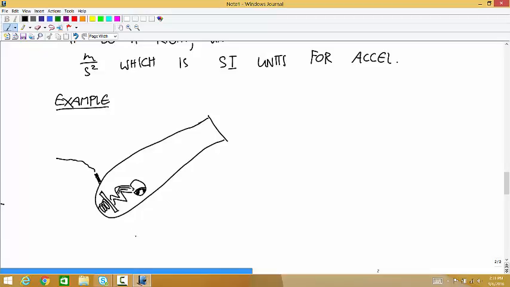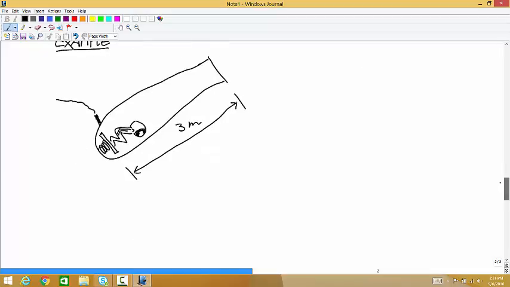So let's say that the length of this cannon is 3 meters long. And so this platform is gonna launch the human cannonball from here. It's gonna extend until it gets all the way to the end, and over that distance of 3 meters,